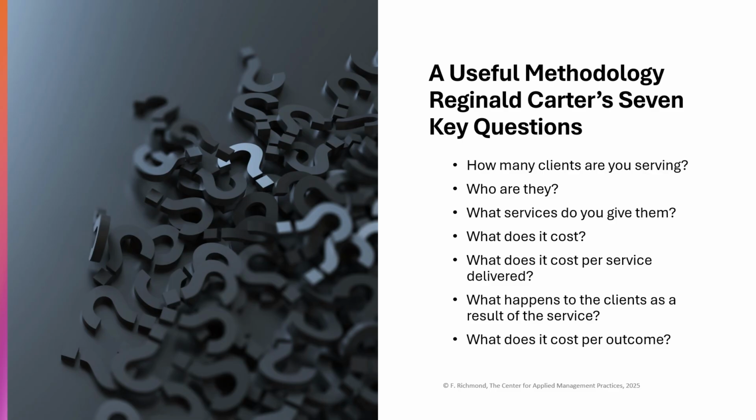And then what was really novel is he added in, and this, by the way, first came out around 1979, and we built it into the Roma materials: what happened to the client as a result of a service? And the part that was really novel is what did it cost to produce the outcome? This is how you begin to get into return on investment.